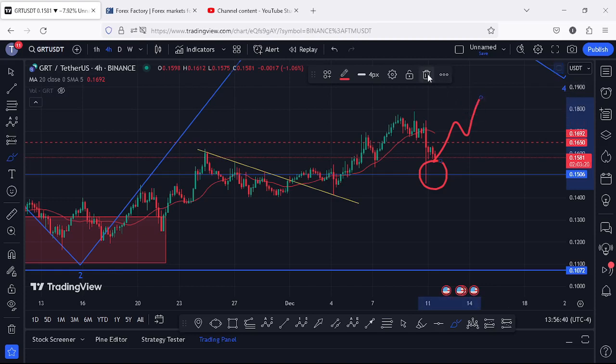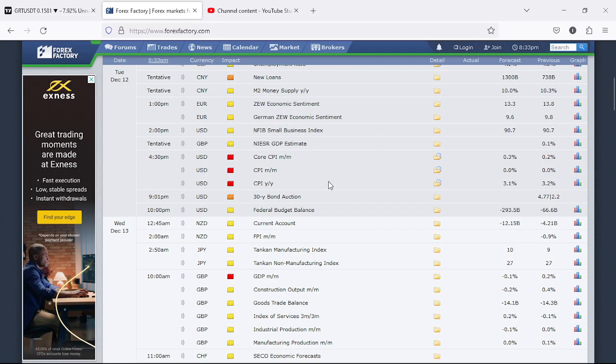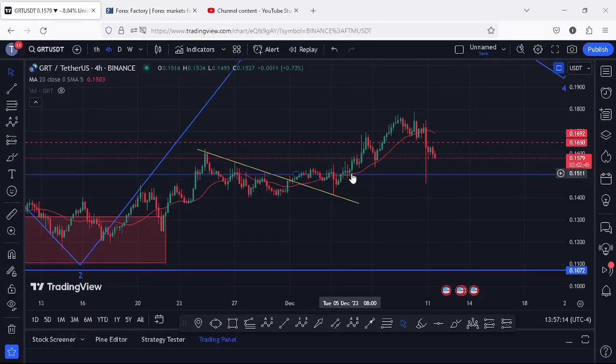And before I get further into the technical analysis to also give you my Elliott analysis, allow me to first share the fundamental news that I'm expecting during the course of the week, where you can see that tomorrow we have the CPI data, and on Wednesday we can expect the PPI and also the FOMC meeting. As a result of these three events, I'm expecting a lot of volatility in the markets, and these suggest that there are chances that in the next coming hours or maybe days we are going to see very volatile